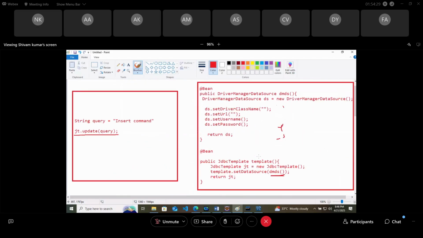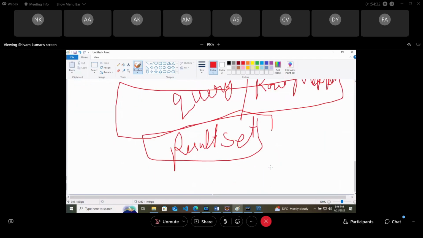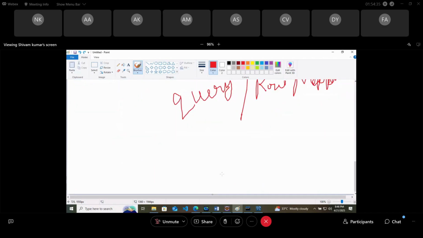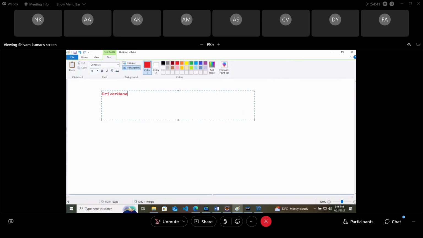So a short summary I'm giving. Here we are not using driver manager, right? What we are using in place of this? Data source. Same way, here we don't use result set. With result set, you have to run a loop to print the values. Here we will just use row mapper. And what will this row mapper do? It will take values from the database and give the Java object to you, so you can print in a Java format. Anyhow, we will do these in the upcoming session.